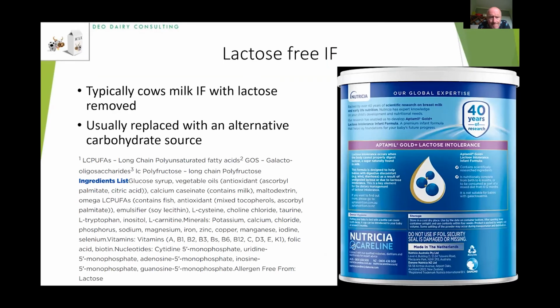Lactose free. How can you remove lactose? It's the main component in cow's milk. It's also the main component in human milk. You can remove it,